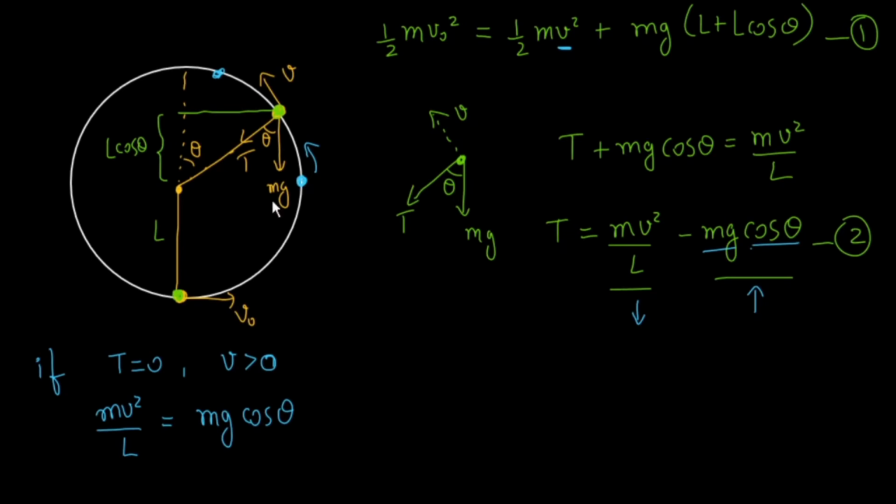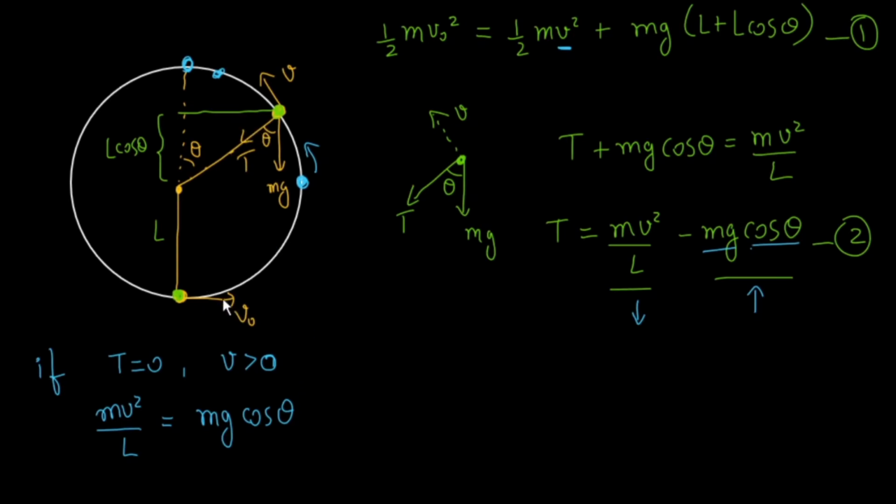Why I am saying this is because during the motion from this point to the topmost position, you might have come across this doubt, that when exactly or which thing will happen first. Will velocity become zero first, or will tension become zero first? So the answer is the tension will always become zero first, if it has to become zero, that is. But velocity will not become zero first, for sure. Am I clear? From the same explanation. Alright. So when tension equals 0, my mv square by L is equal to mg cos theta.